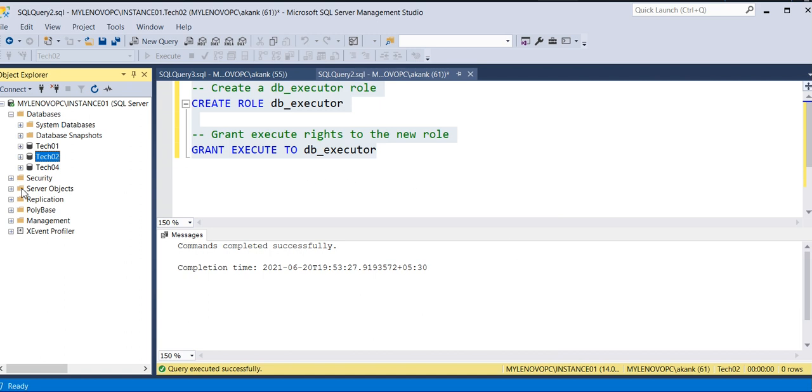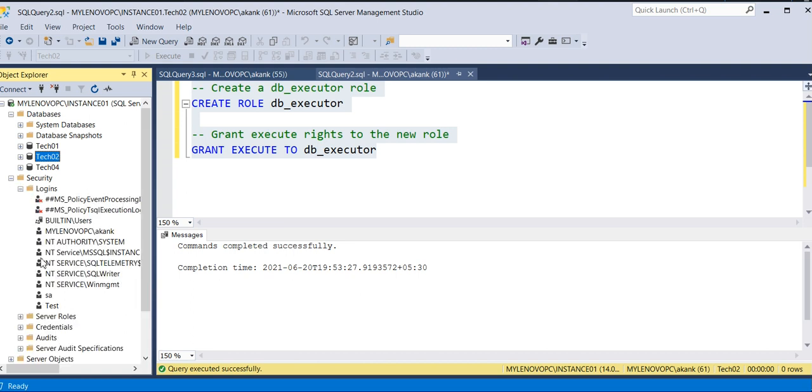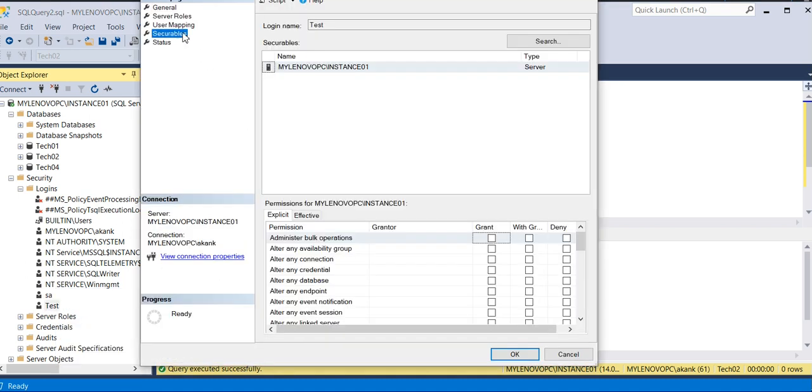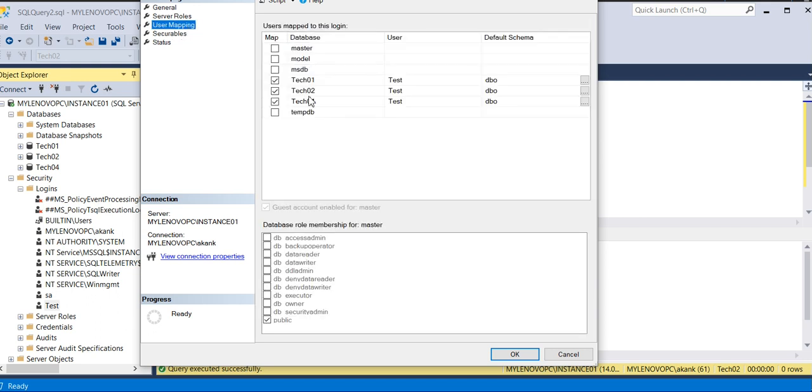So let's say a user has a login over the test02. We'll go here and see the user mapping on test02. You need to map it here. The DB executor is created here.